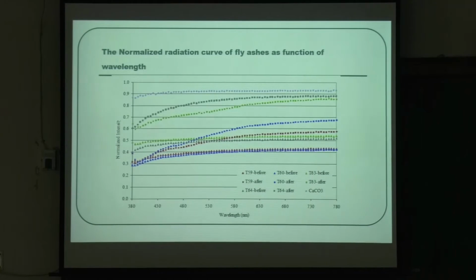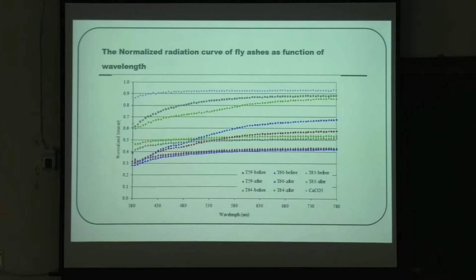So if you have T59, one of the samples, this is the one, and T59 after the coating, you actually give the wavelength and intensity. So you can see that before and after the coating, all of them are modified. Then T64 before, T64 after. And when you give the coating, it reflects much more of the light. That means it actually tends to become more white, reflecting. So this is how the